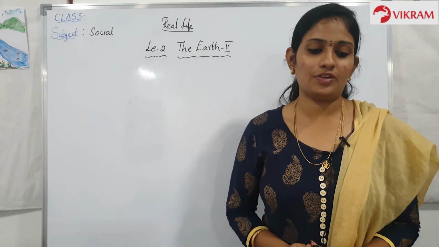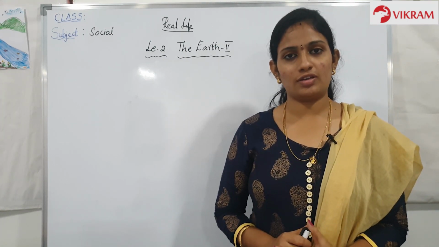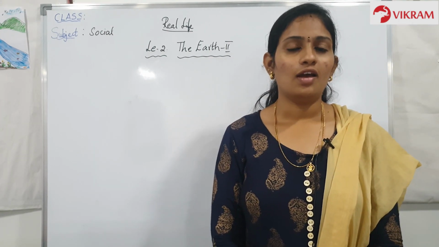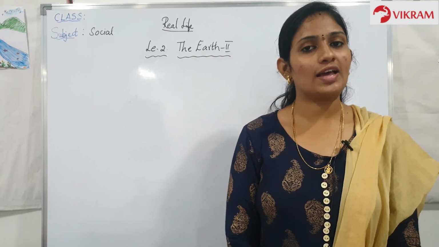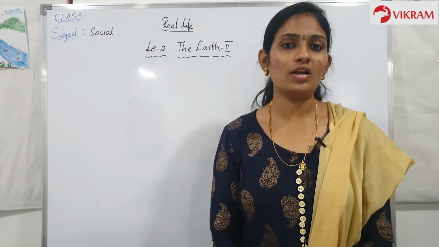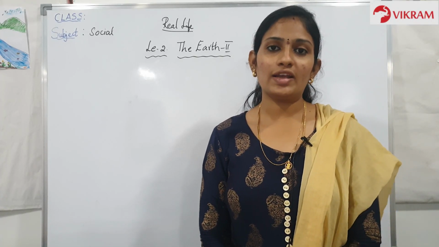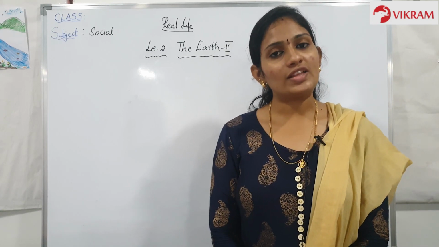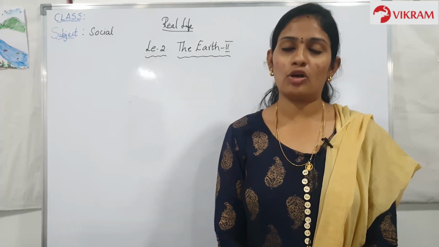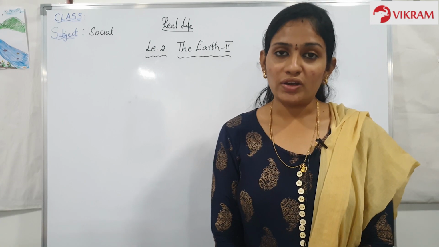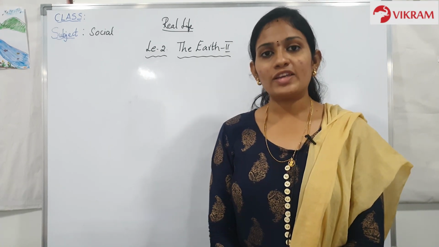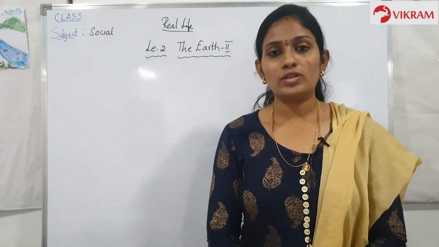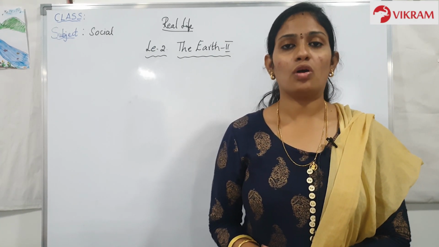What is the difference between a continent and an ocean? Difference between the continents and the oceans. Continents is nothing but, children, the land area on the earth is called continents and the water area on the earth is called oceans. So, with the help of these latitudes and longitudes, we can locate the perfect area also, so that we can know the place which we wanted to know.